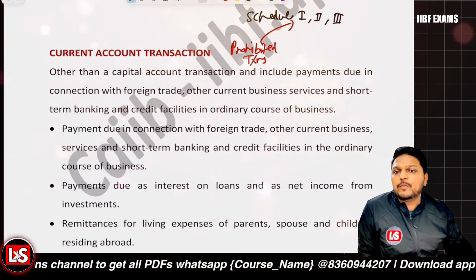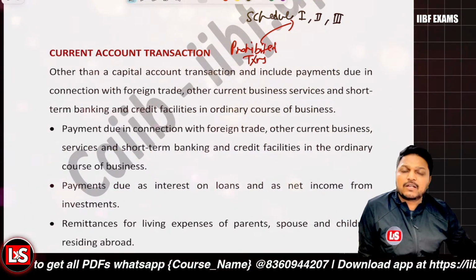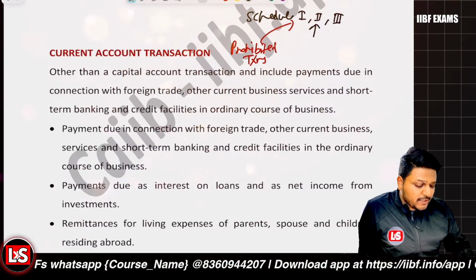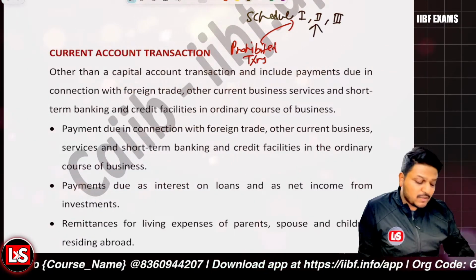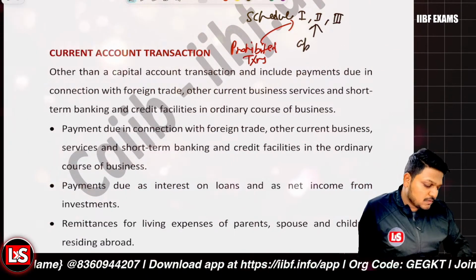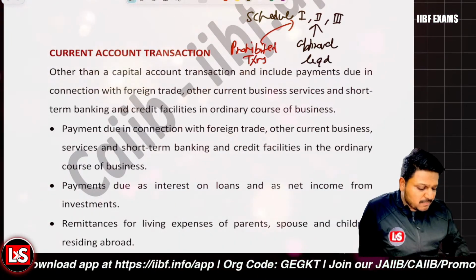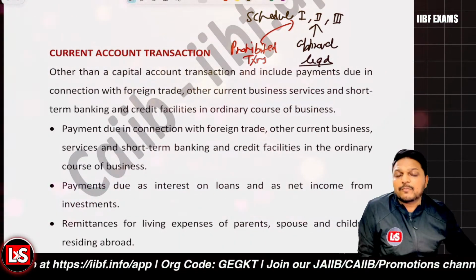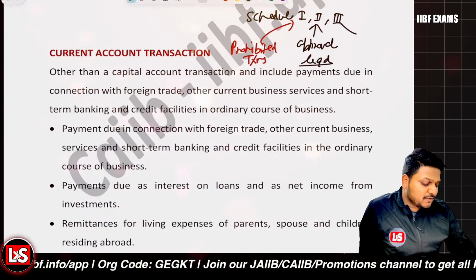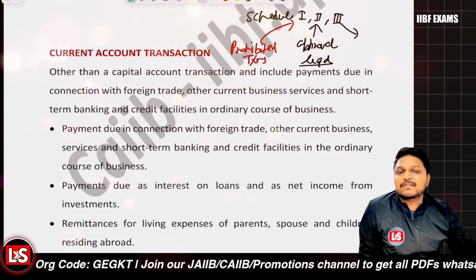This is related to prohibited transactions. And when we are talking about Schedule 2, where do we require approval from the government departments? Approval is basically required. These transactions can be done, but only after approval from the department. And further, Schedule 3 is basically related to the